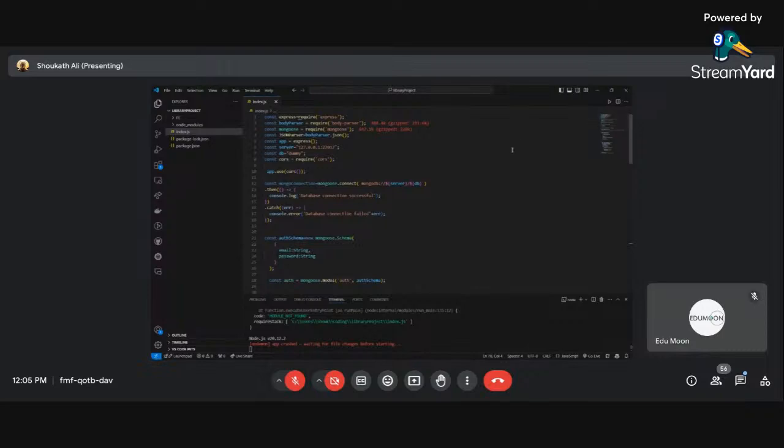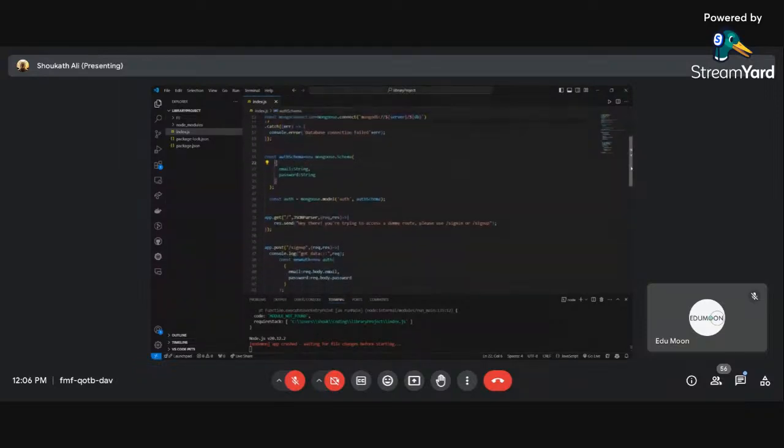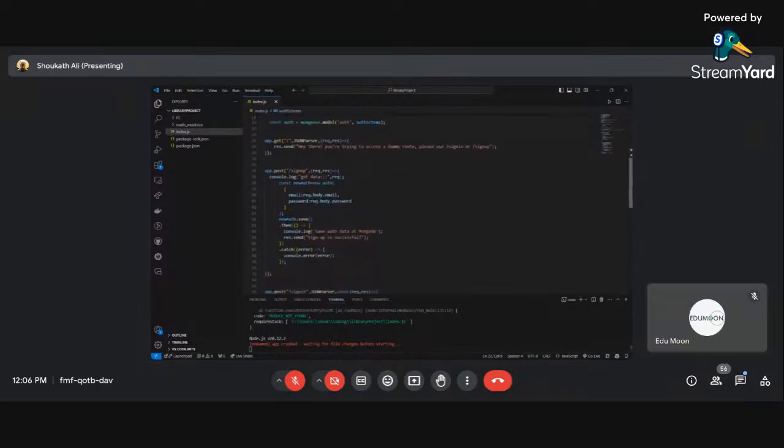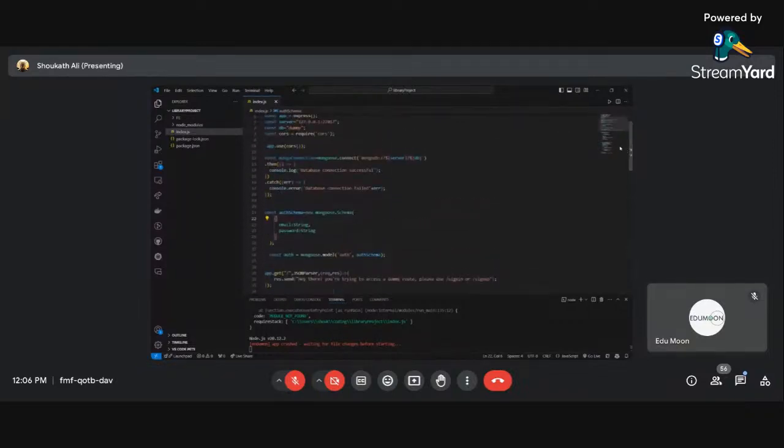Okay, so what is this? This is very simple. This is our previous code, and what are we doing? We already have the sign in and sign up routes. I'm just going to leave it like that. Instead of users, I'm using something as auth schema. Email, password, everything is same. Now, what is the next thing I need to do? I need to implement the